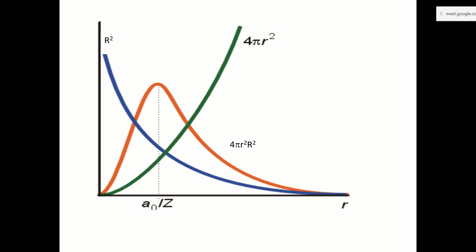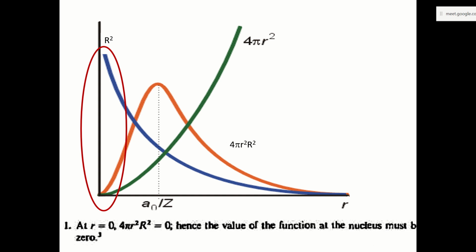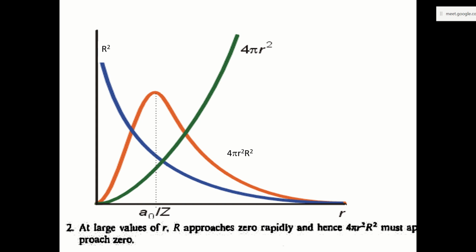ठीक है, so we are looking at, look at this, we are at the nucleus, small r मतलब रेडियस 0 है, हम जब न्यूक्लियस पे हैं, small r is 0. 4 pi r square, this multiplication term is 0, hence the function is 0. Okay, the net function, जो 4 pi r square term है, जो ऑरेंज वाली लाइन है, वो 0 है multiplication में. At very large distance from the nucleus, again